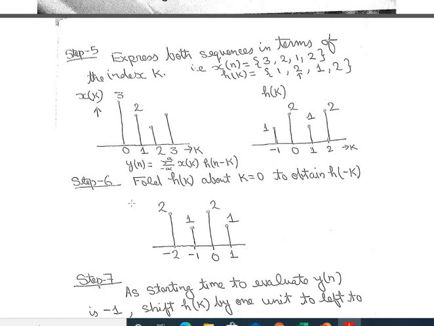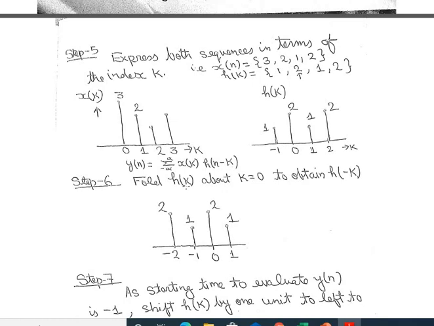Right now in step 6 what we have to do is the time reverse property. Means as in this convolution sum there is h of n minus k, if I say that this n will be 0, then this will be h of minus k. So we already know the hk value, so how are we going to get h of minus k? By doing the time reverse property.